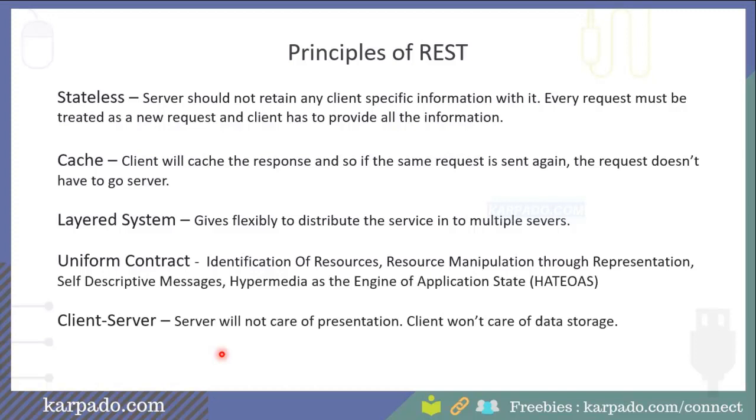And it's the responsibility of the client to provide all the necessary information in order to process the request. The second principle is so-called caching, which means the client must be able to store the retrieved data, or cache